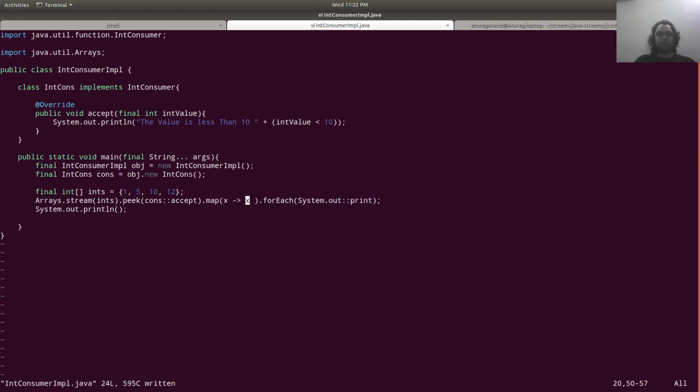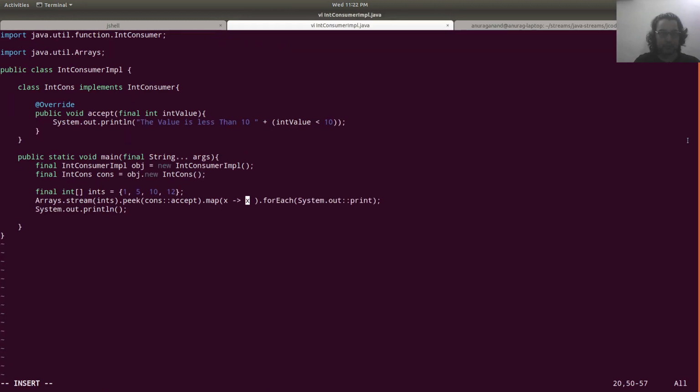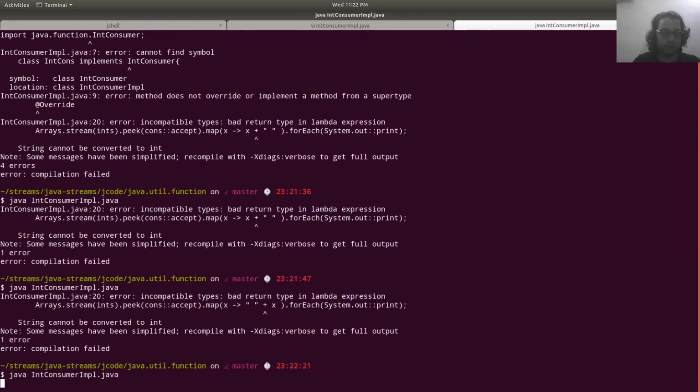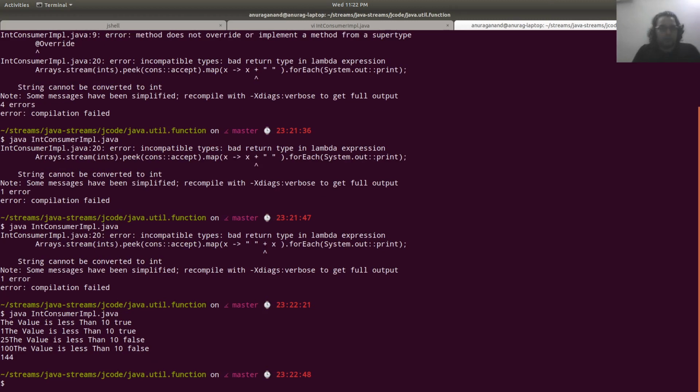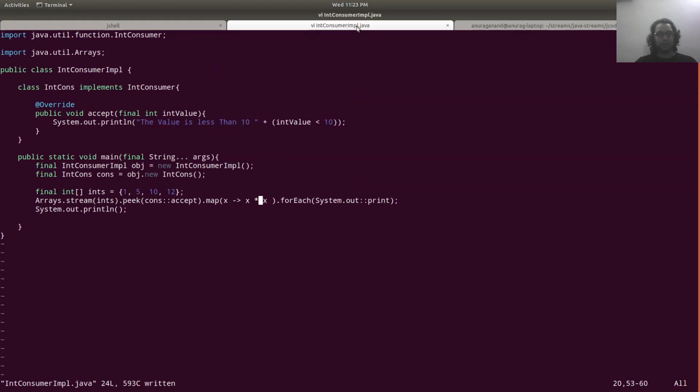Okay, let us change it. Return a square. So you can see that we have the value is less than 10, true. 1, the value is less than, true. So I should tell the value that we are comparing.